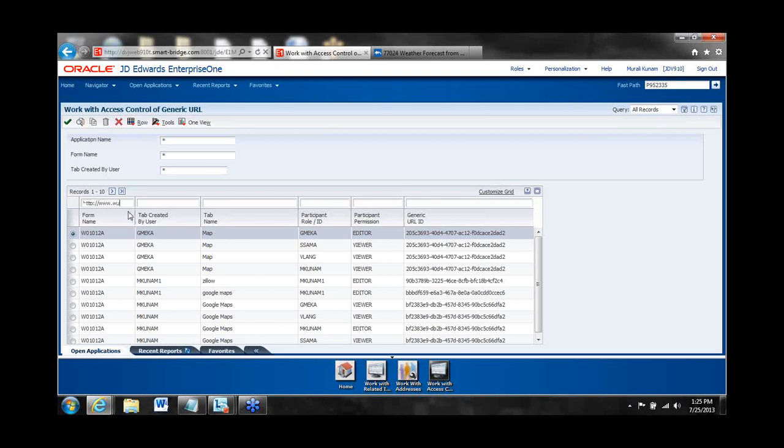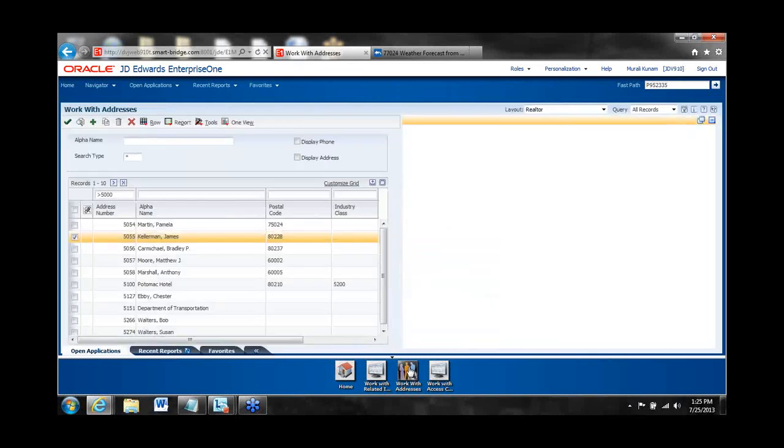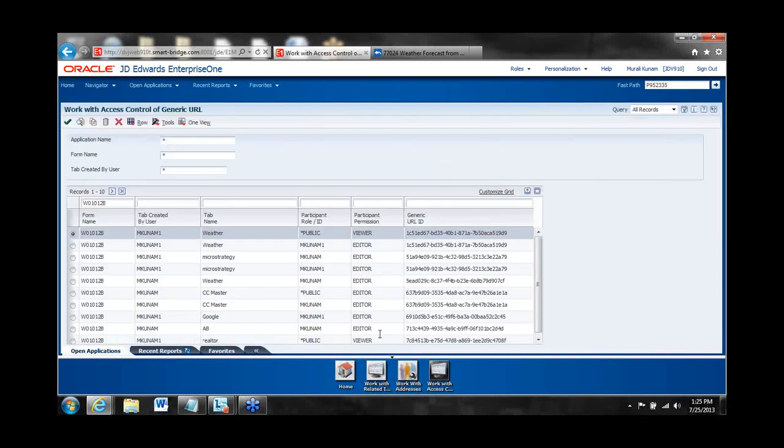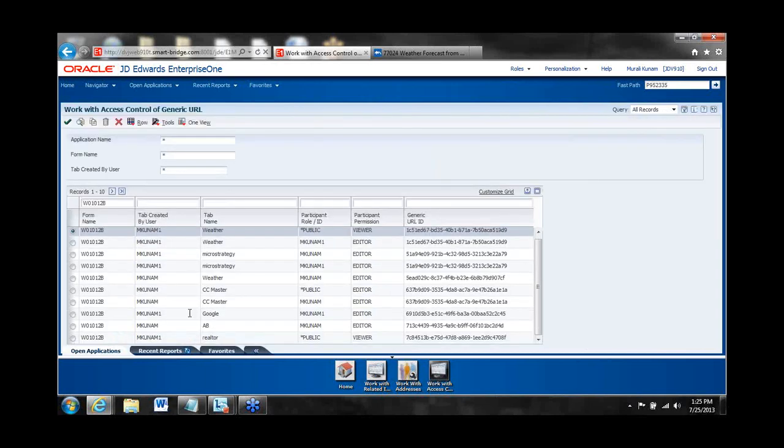If you see here, just make sure of the template name. It says realtor by default. So this is the form. Right now it has star public, so everybody will have